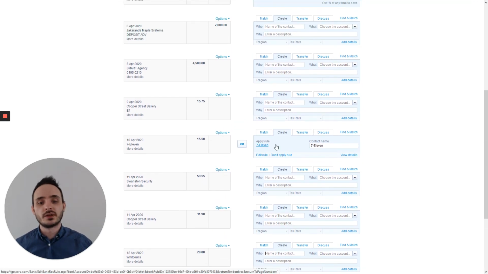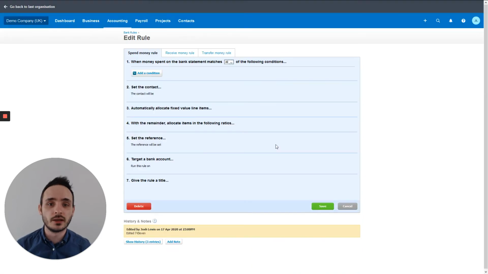And the last one you can see, there's a rule applied. Now, what's happened here is that every time someone goes to 7-Eleven, they're buying the same thing. So, and it's obviously happened a few times, they decide to create a rule. Now, this rule looks for information that you've entered into the rule, and then will apply the parameters that you